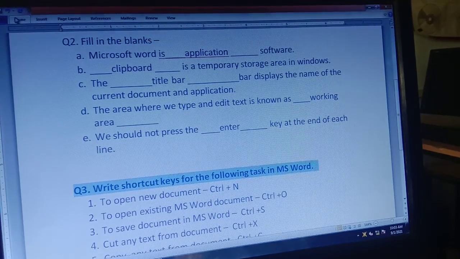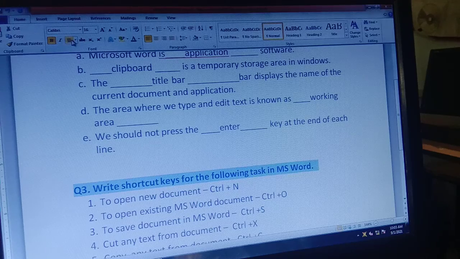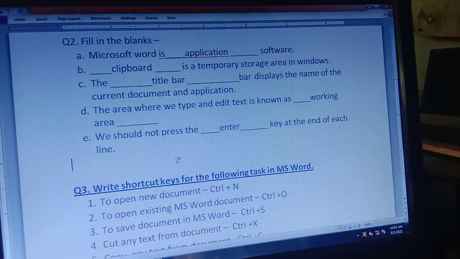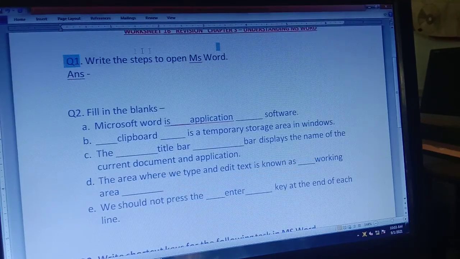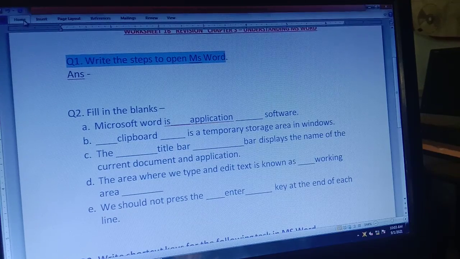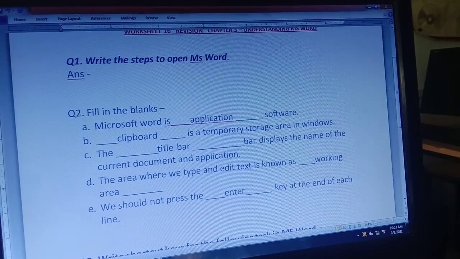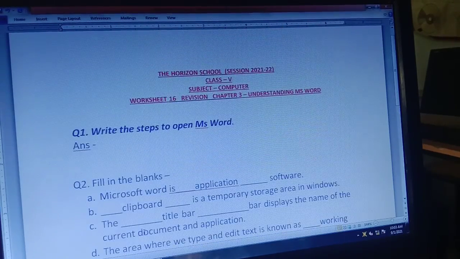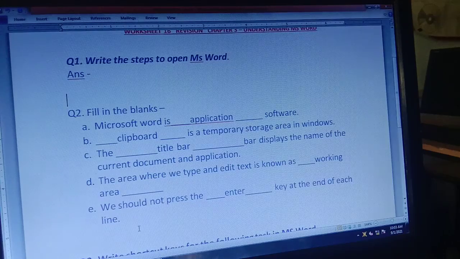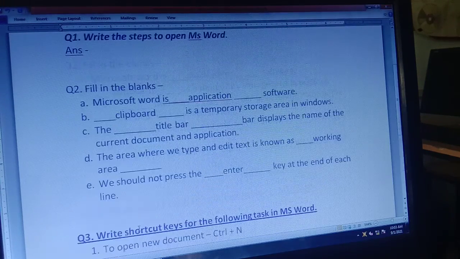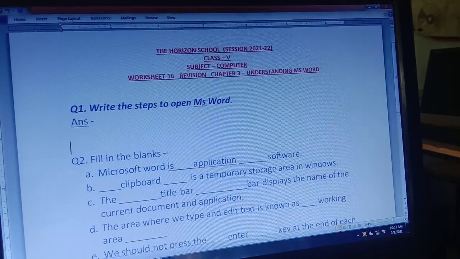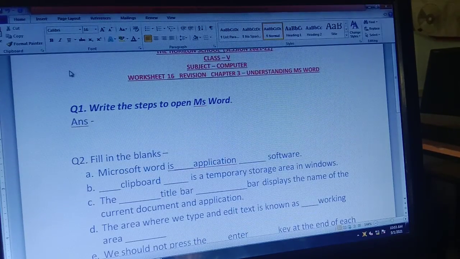If I want to make it underline, I can underline it. I want to make it bold first, and I want to make it italic also. So this is what you can apply in your document.